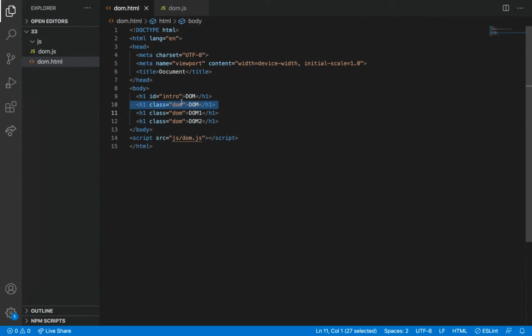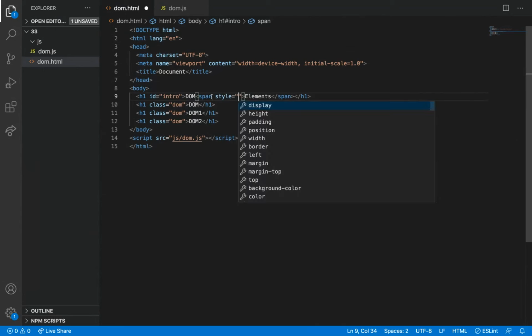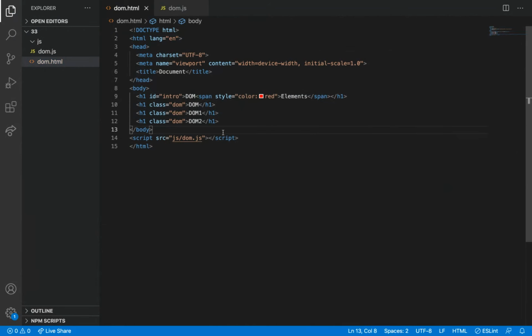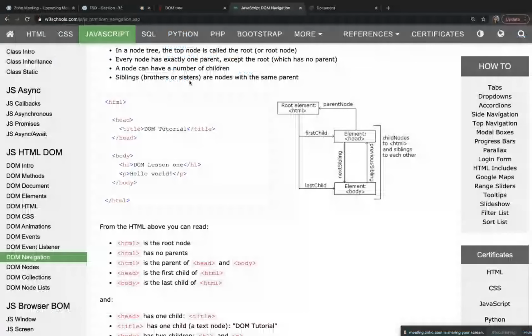So it has a relationship like our family relationship. It is the parent, and then I can say if there is another span tag inside it. I will go to style. By giving the span tag, we need to add some specific things to it, right? That's why I have added some color to it.